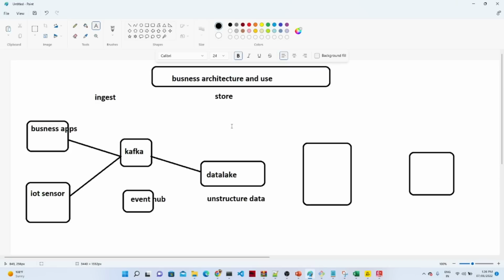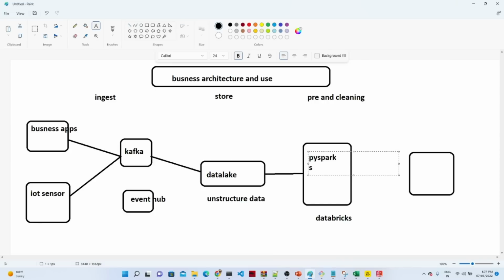Now the next step is to get the meaningful data from it, and we can get the meaningful data by using preparation and cleaning. So the next step that comes into the picture is Databricks. Either you can use Databricks or any cleaning application. In this video we are going to use Databricks, that's why I am using Databricks. In Databricks you can use your PySpark, you can use Spark SQL,